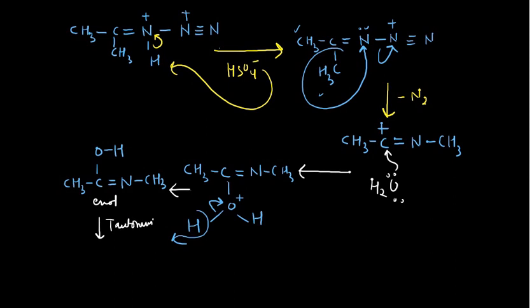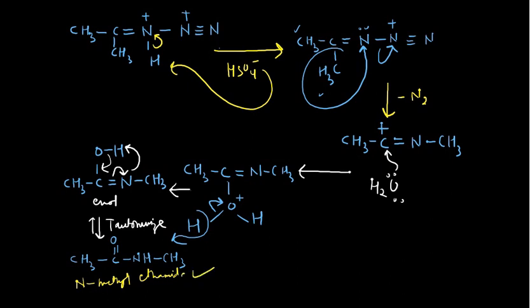How will it tautomerize? You see here what can happen: this electron pair can come here, this electron pair can go there, this can grab hydrogen from here, and then you end up with this structure, CH3, C, double bond O, N, H, CH3. So basically, what is the name of this particular compound? It is N-methyl ethenamide.